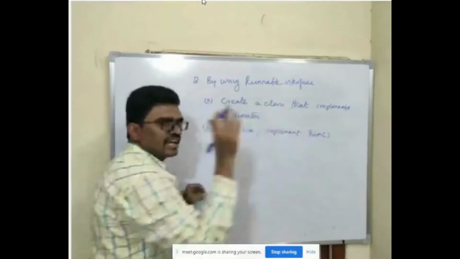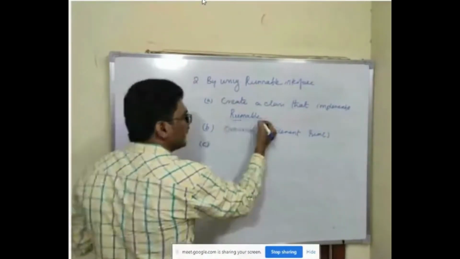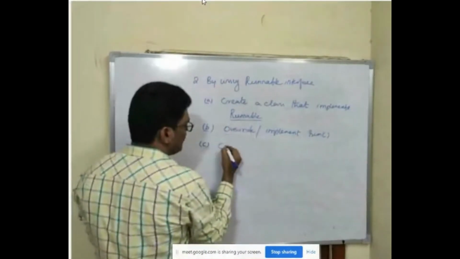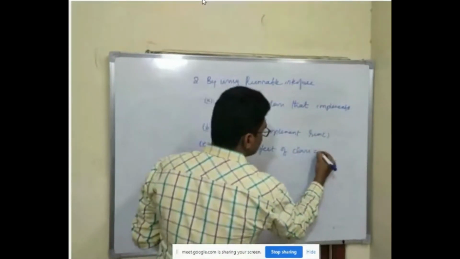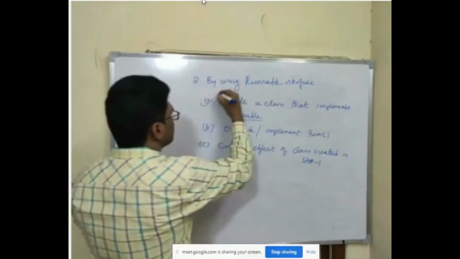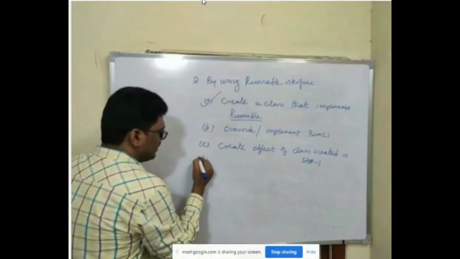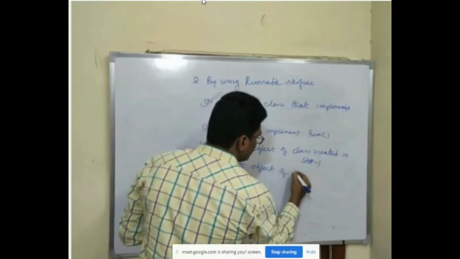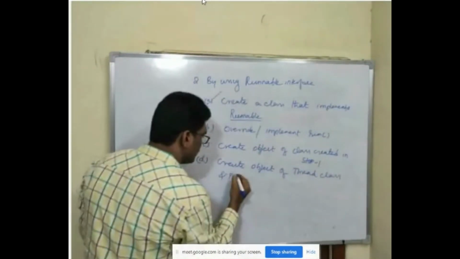Now the main problem is your Runnable interface does not contain the start method, so you cannot call it. So first, you have to create an object of the class created in step 1. Whatever class you have created, you have to create an object for that. The third one is you need extra steps here: create an object of the Thread class and pass the object created in